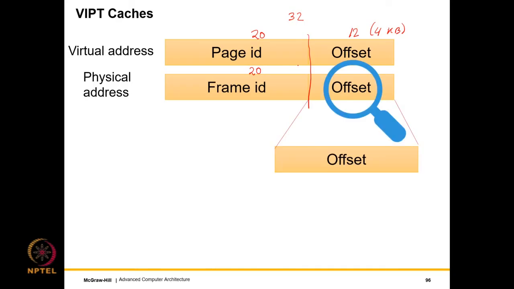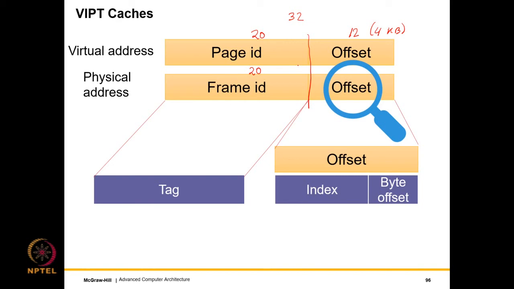But let's say that the maximum size is limited to 20 bits. If I look at the offset in some detail, I will see that there is a little bit of hidden magic in here. If I take my cache address, let's say these 20 bits of the frame ID correspond to the tag, and the offset corresponds to the byte offset within the block and the set index. Then the offset will actually not change, right? The offset is not dependent upon the virtual to physical mapping. So this part does not change, whereas this part is the one that is actually mapped.